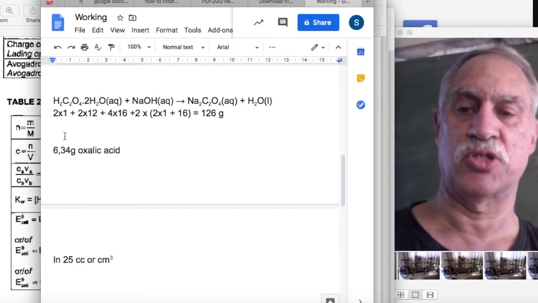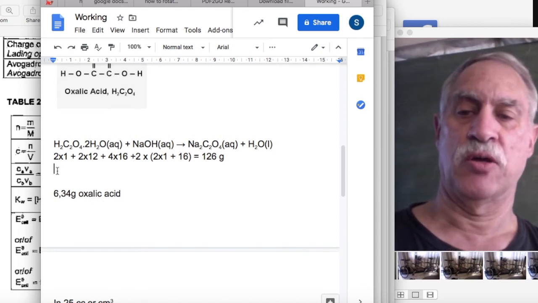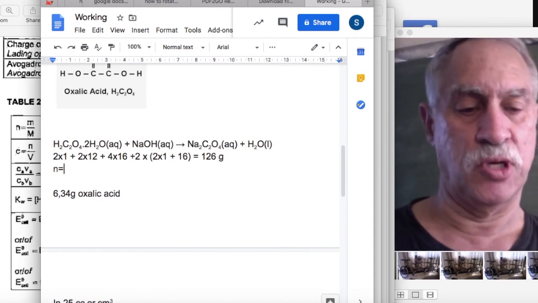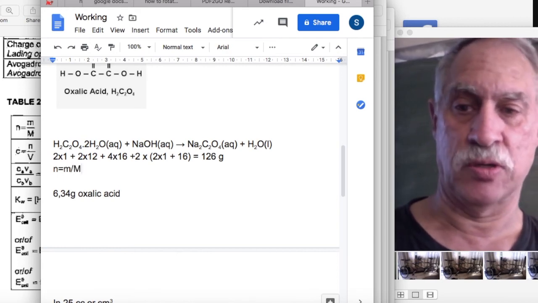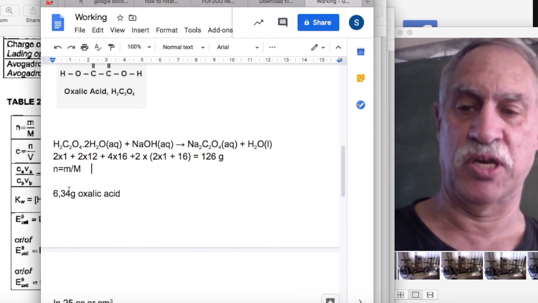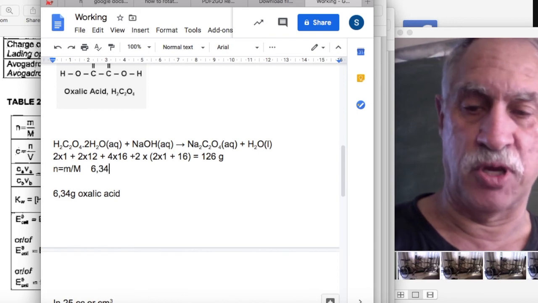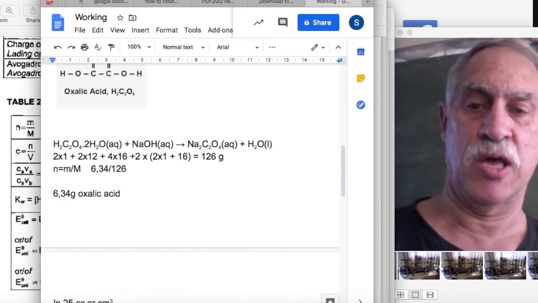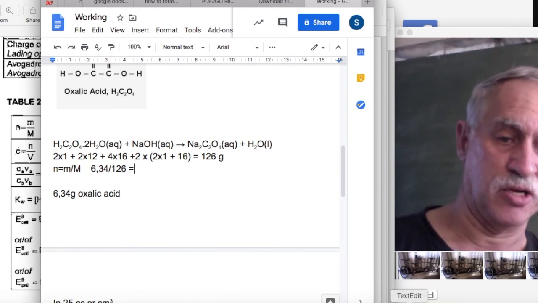So if we got 6.34 grams, we could say number of moles equals mass divided by molar mass. So we're going to find out, we got here 6.34